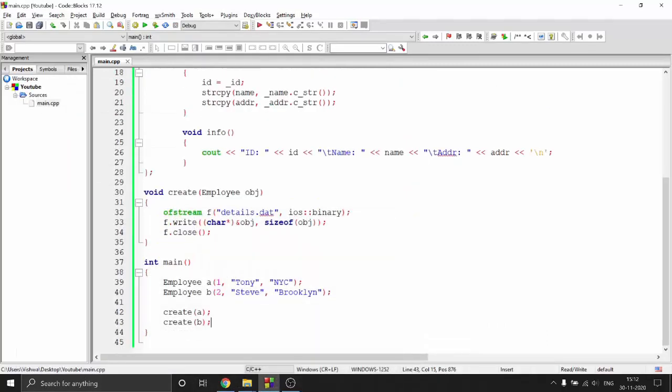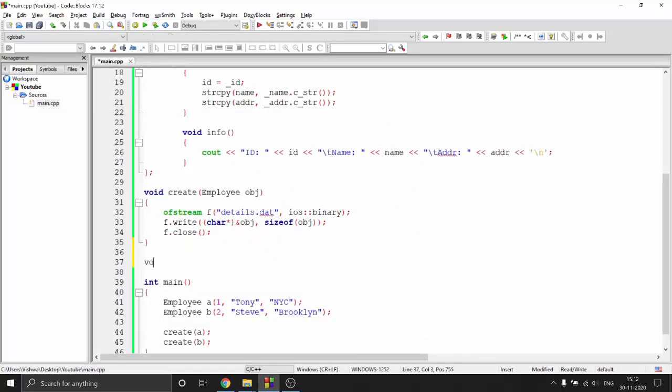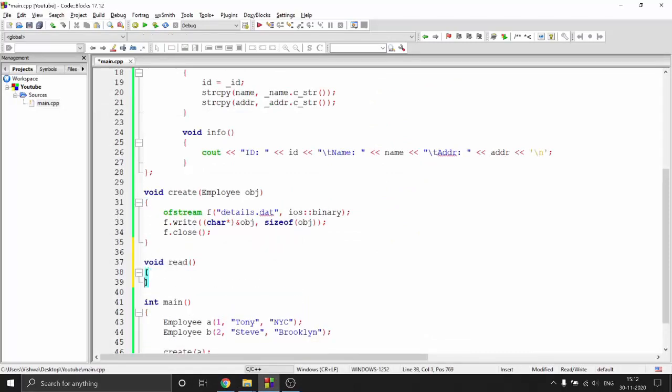Now moving on, let's go to the read operation. These are things you already know, so it's just going to be quick, right? You don't take any argument because you're going to read the entire document.